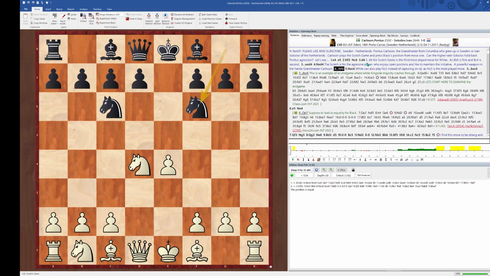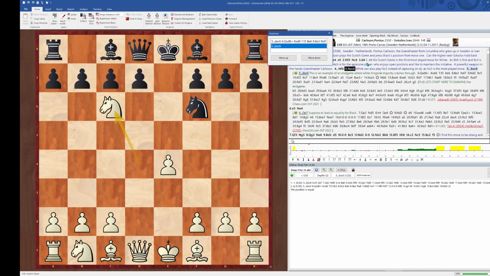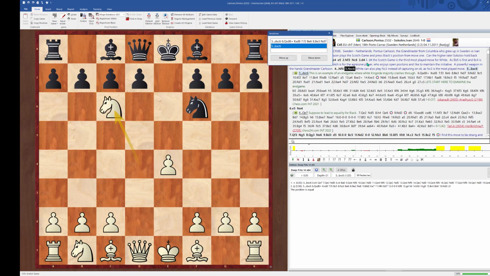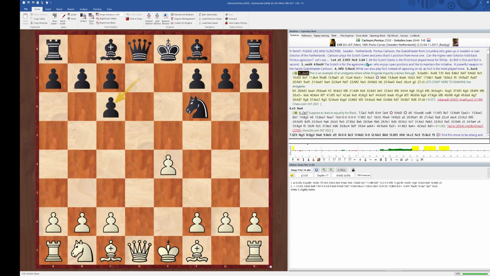Knight to F6, Knight XC6. White can also play Knight to C3 instead of capturing on C6, as Knight to C3 is the most played move. Sokolov took with the B pawn. Now he can take with the D pawn. DXC6 is also played, and we could take a look at a short game with DXC6, Queen XD8, King